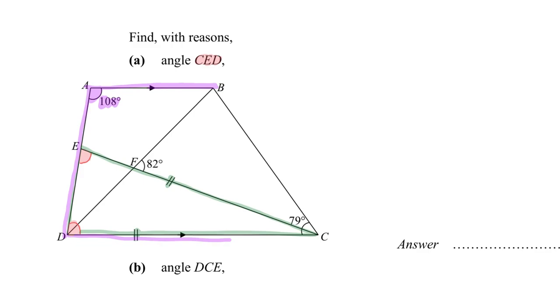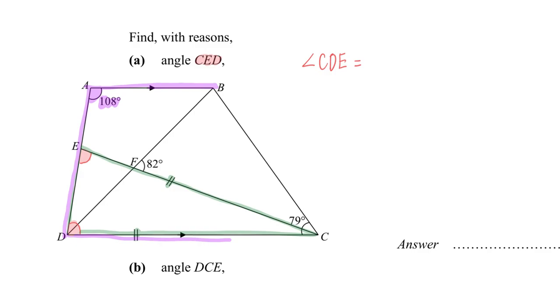They are called interior angles and they add up to 180 degrees. Okay, so if I know angle ADC, I can know angle CED. Alright, so let's do this slow and steady. My first step is to find my angle CDE,